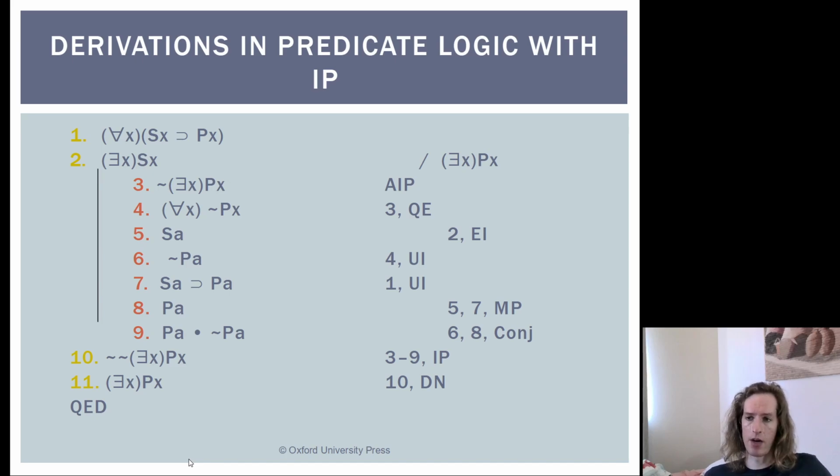Okay, so those are some examples of conditional proofs and indirect proofs in predicate logic, monadic predicate logic. It works the same way as it did before, with just one extra rule to remember: you never universally generalize within the scope of an assumption. If you can remember to never universally generalize within the scope of an assumption, everything else works pretty much the same way. We have some other rules going on, like quantifier exchange, instantiations, generalizations, etc. But with all those tools and remembering that you never universally generalize within the scope of an assumption, I'm saying it a lot because it's easy to forget, then you should be set.